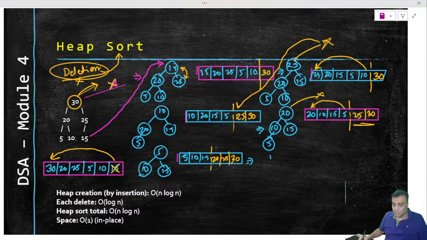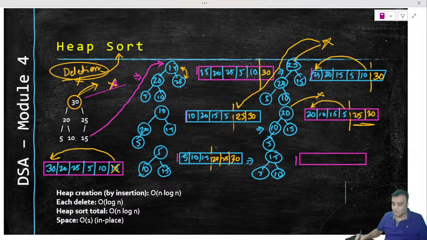So in order to make it a heap, 15 will go to the top, 5 will come down, 10 will come down here, and that makes it a heap, a proper heap, which changes the array, and therefore the array will now look like this, which is 15 is here, then we have 5, then we have 10, and after that the wasted portion of the array starts, which is 20, 25, 30. Right? So then the last step is there, where we have to take this 15 out, because we will be deleting this 15.